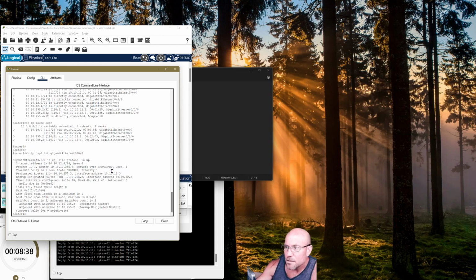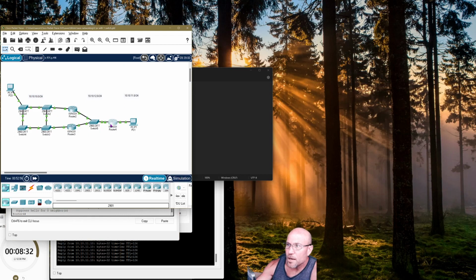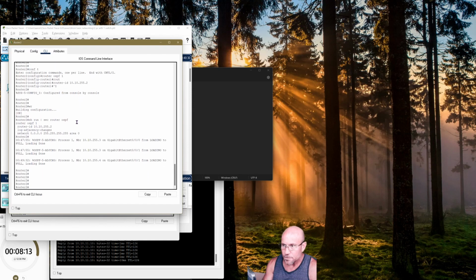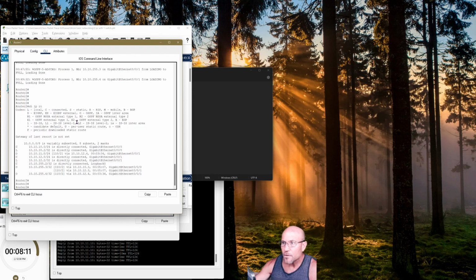If we look at this, look what we see. Cost of 1. Okay? This is router 4. So router 4 going out G000. Let's move that. There it is, G000, going out towards 10.10.10.0. Then if you go to, say for instance, router 2, and you do the same thing, show IP routes,